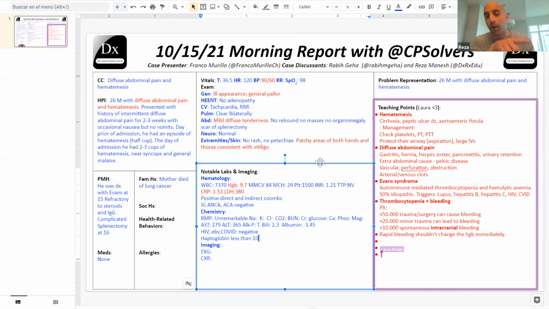So when I see a hemoglobin, I think it was 8.7, not 9.7. Is that right, Franco? 8.7? Excuse me, which one? Was the hemoglobin 8.7 or 9.7? 8.7. So when I see a hemoglobin of 8.7, I know that